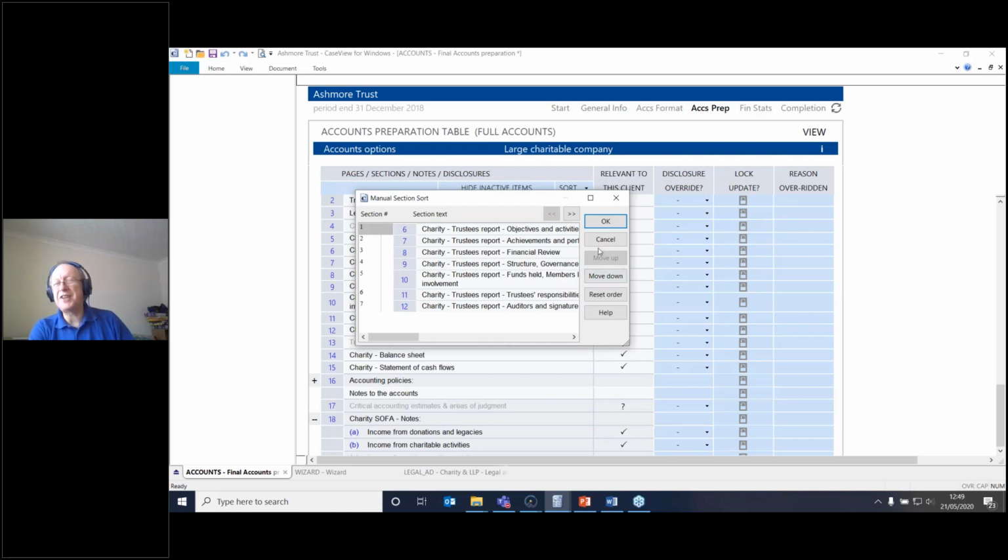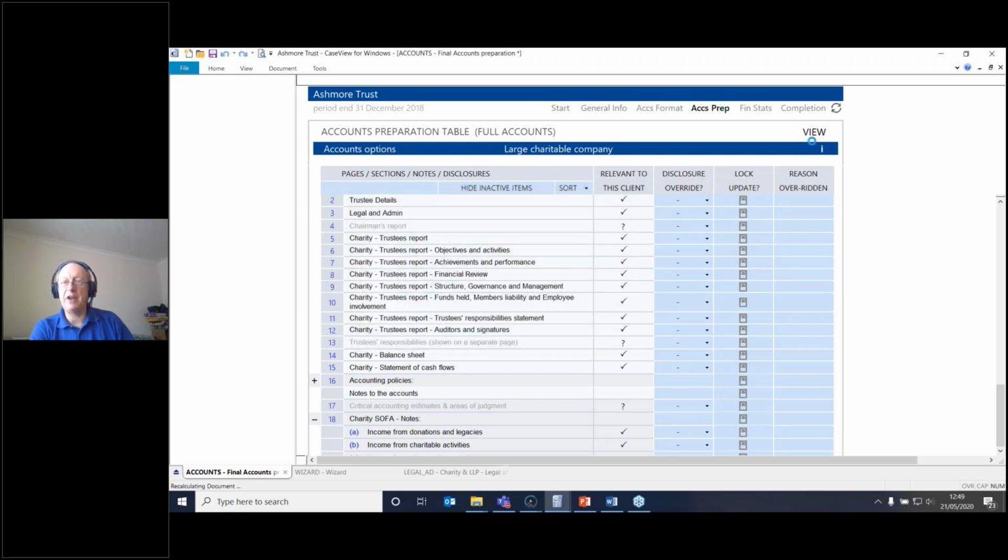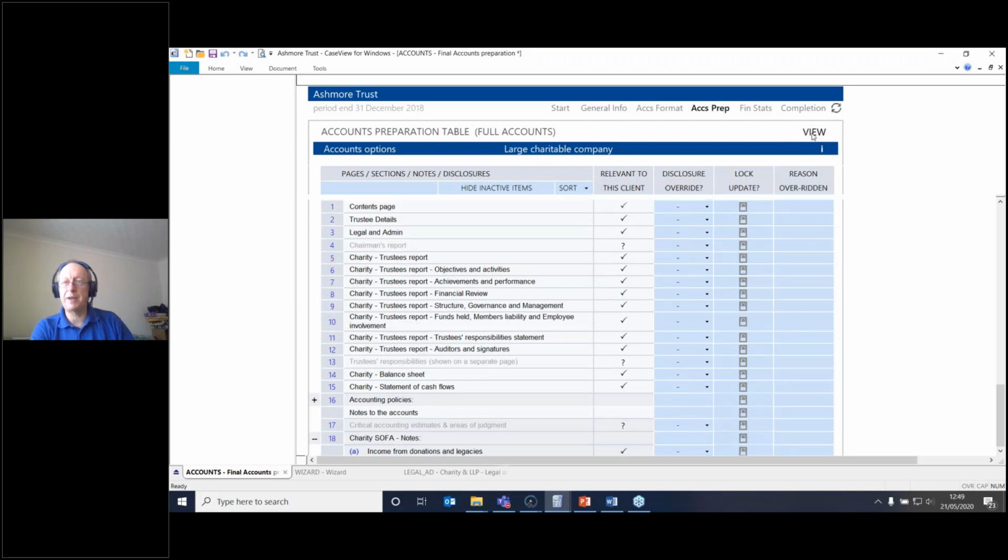I'm just going to cancel that. I'm not actually going to change anything, so I'm just going to close that window down and go back to my financial statements ever so quickly. But also in terms of sorting,